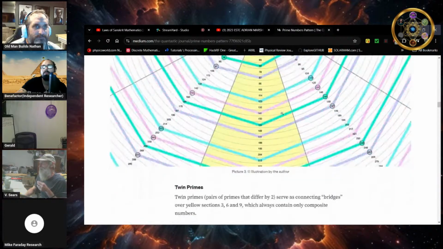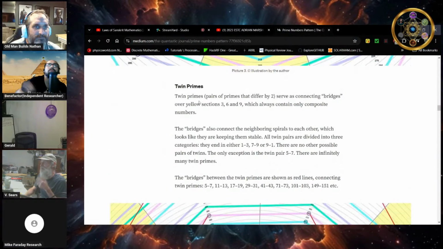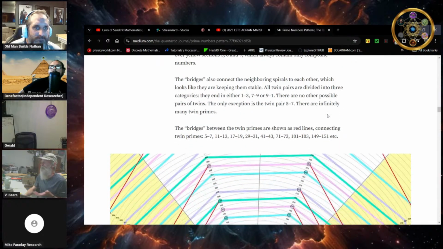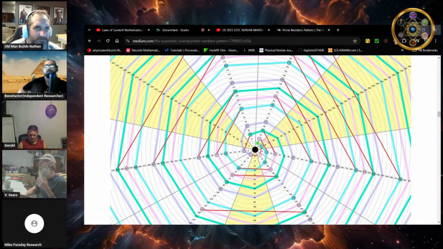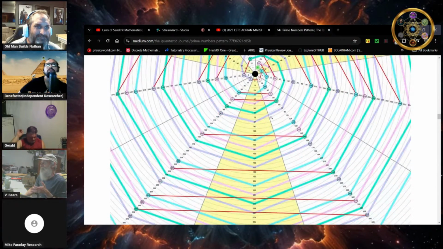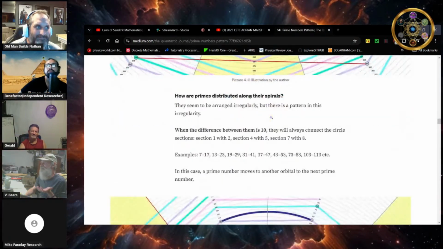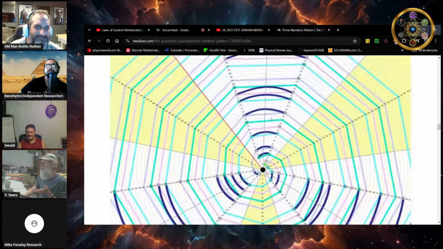And then there's another group of twin primes, like my number 618 sits right in between the numbers 617 and 619. That's a twin prime pair. So anyway, the twin primes connect across the junctions that don't have atomics or primes. They bridge them. And the thing I noticed about the pattern, the way they're distributing it here,